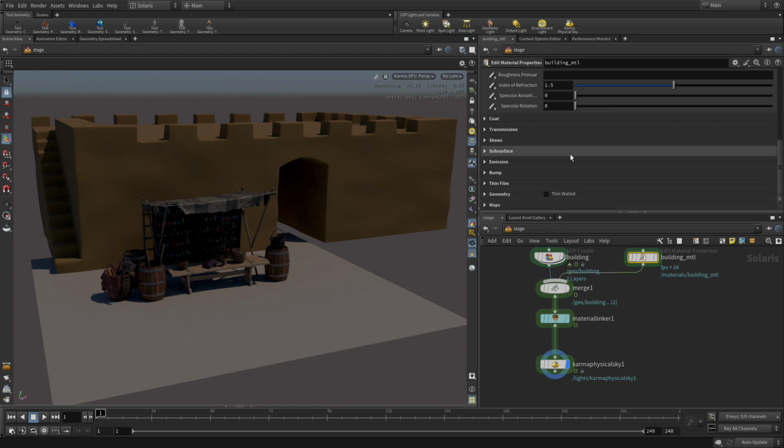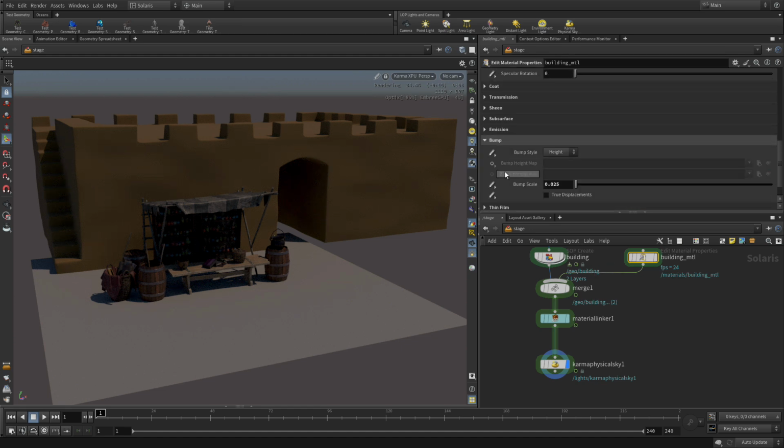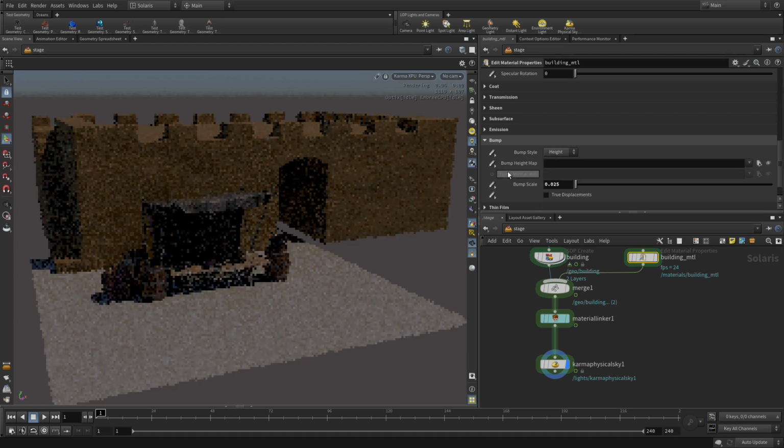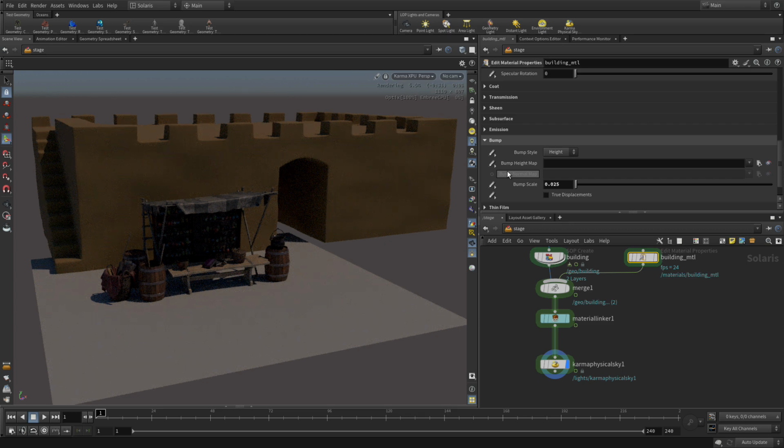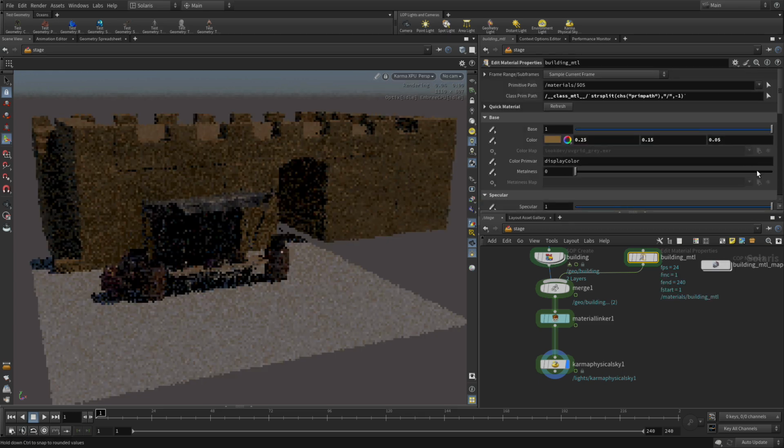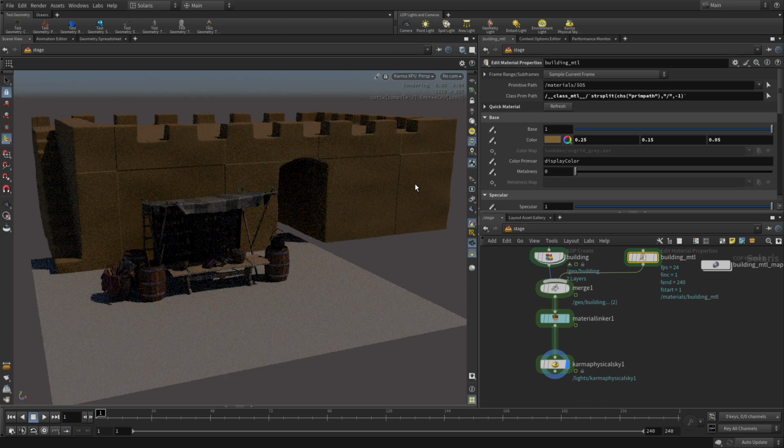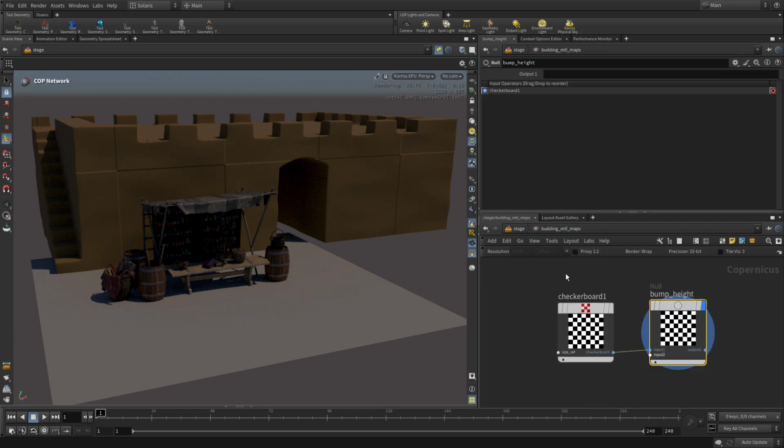Let's go down to bump, and we've got that set to height. And we're going to click this and say set or create. And then we're going to click this COP button right here, which creates a compositing network which will help us texture that. And by default, what you see right now is that it's adding a checkerboard pattern. So we're going to pin this scene here, and we're going to dive into this network here, and there's the checkerboard